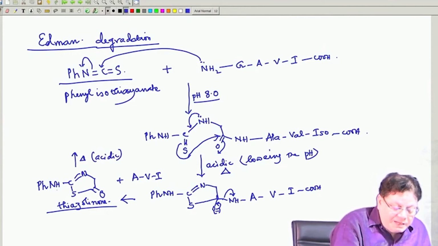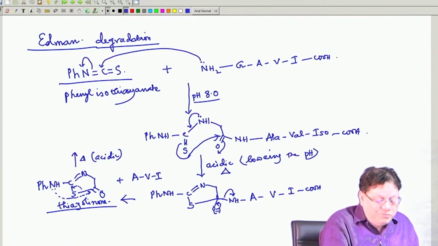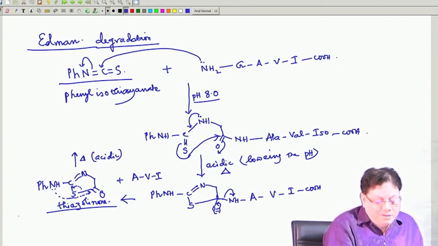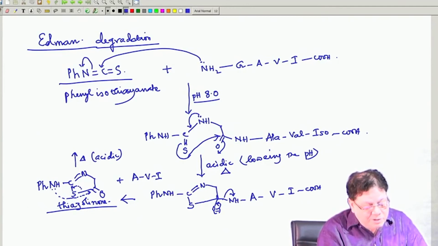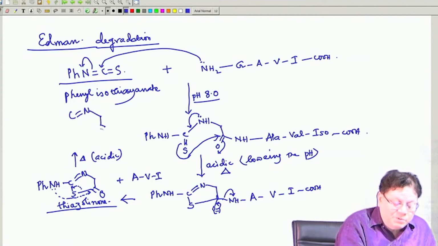It rearranges like this. This nitrogen attacks the carbonyl and there is a rearrangement, and the sulfur comes out of the ring. So, basically this nitrogen attacks this carbonyl and this carbon sulfur bond is broken, that comes here. Okay. So, what you get is C double bond N, then CO, then you have N, pH, because obviously that will lose the hydrogen, and then you have the